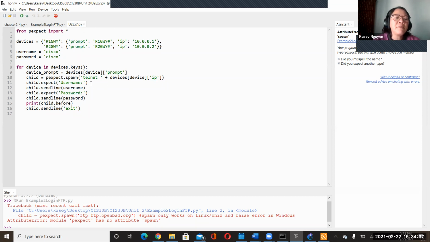Once we get through the IP, we're going to send in the username, the password, and after that, we're going to exit. And in Cisco, you have to tell it to exit to get out of the configuration mode. With exit, it's going to auto save. Okay. But you do have the option in the command line to save or not save, and you have to tell it.